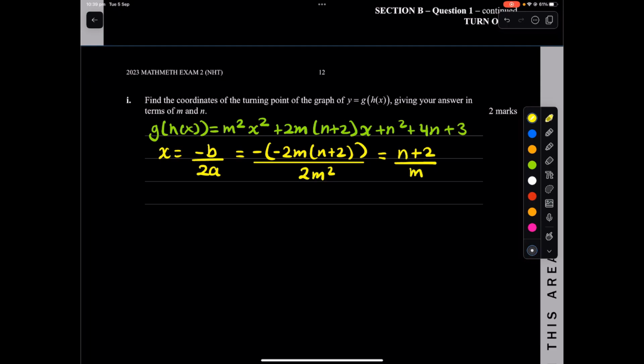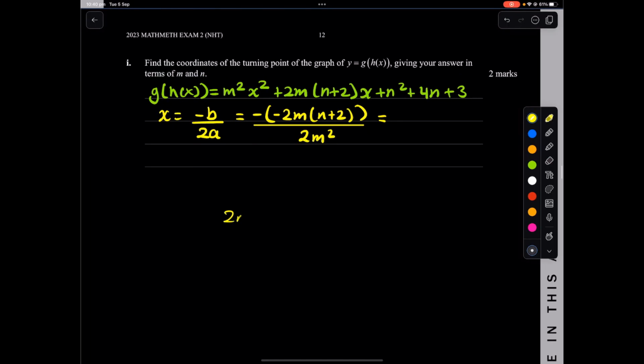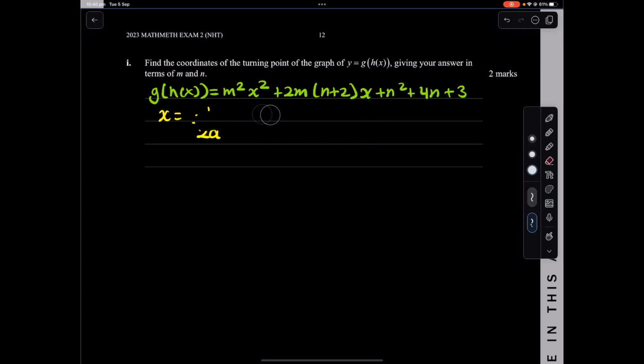So I wrote negative b, which is negative 2m(m plus 2), over 2m squared. Let me just do this by hand, quick. Why did I get that? So 2m(m plus 2) and 2m squared cancel out, m plus 2 over m. Yeah, that's x. Did I do something wrong here? Did I write it wrong? I have no idea what I did wrong here, but I'm just going to rub this off and just say